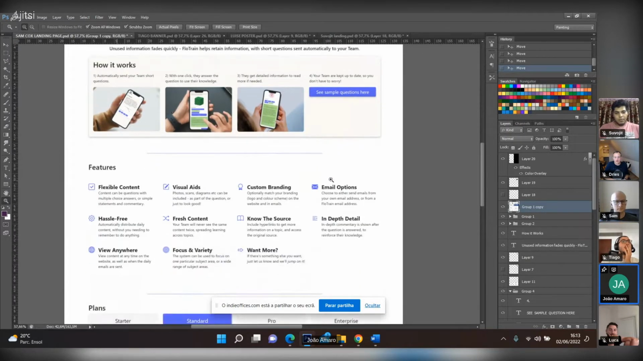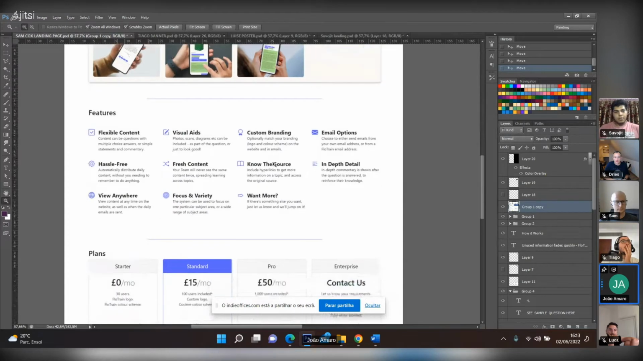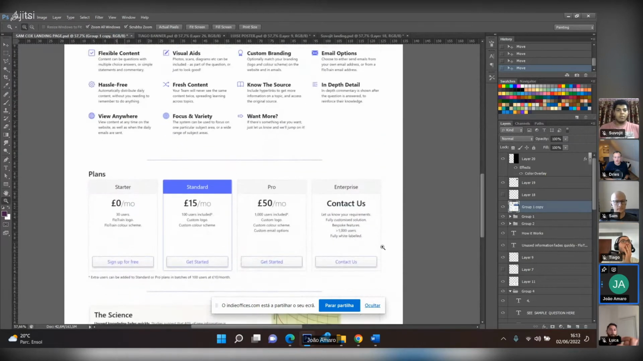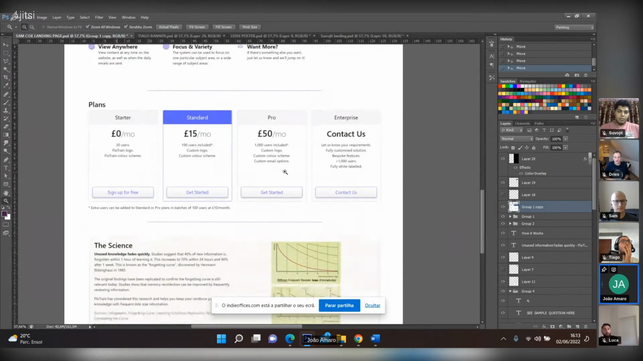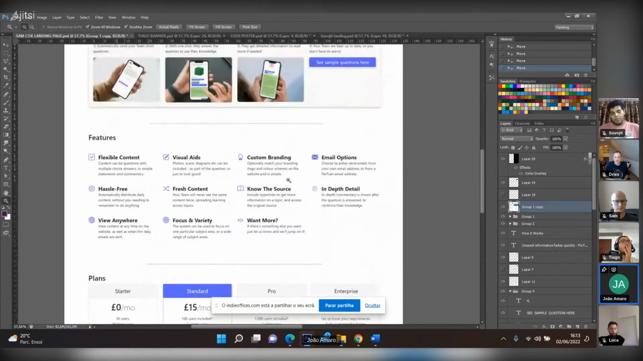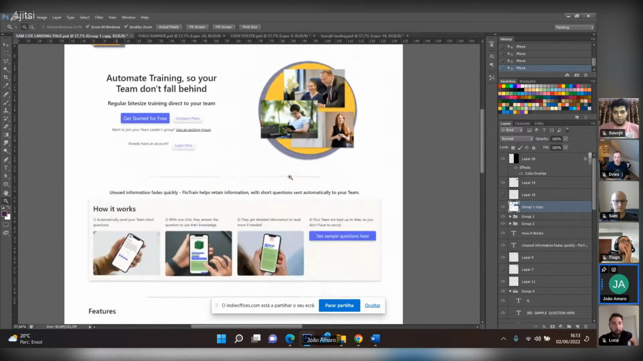good. The icons are nice. The plans, everything very organized. So I have nothing to say about the content. About the form,